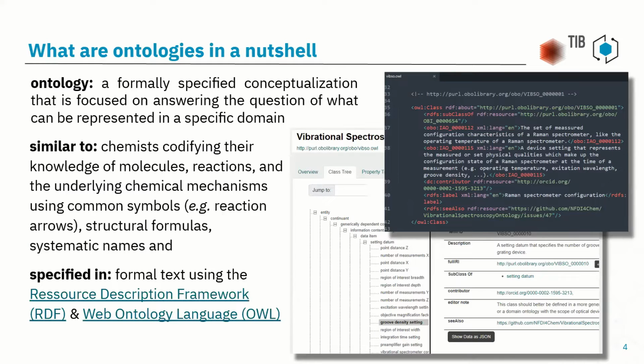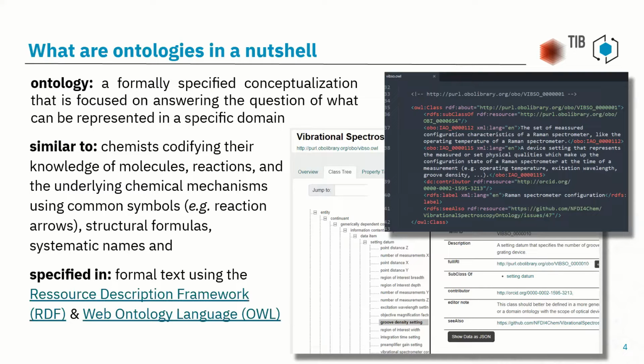So what ontologies are, in a nutshell: they are a formally specified conceptualization that is focused on answering the question of what can be represented in a specific domain. For chemists, this might not be so unfamiliar, because what chemists usually do when they talk about what they're doing is codify their knowledge about molecules and reactions and the underlying chemical mechanism using common symbols like reaction arrows or structural formulas and systematic names. And ontologies that we are using,